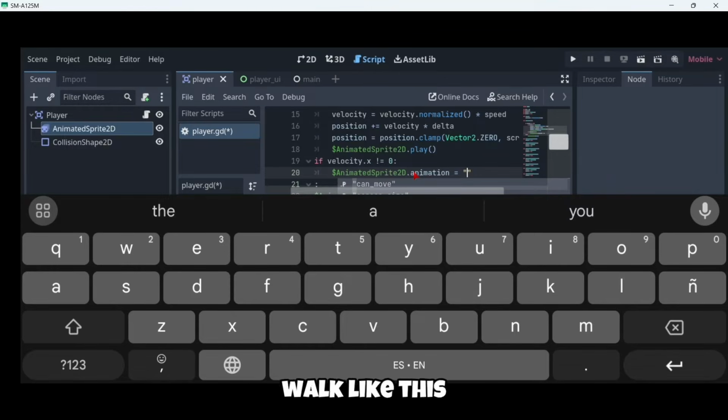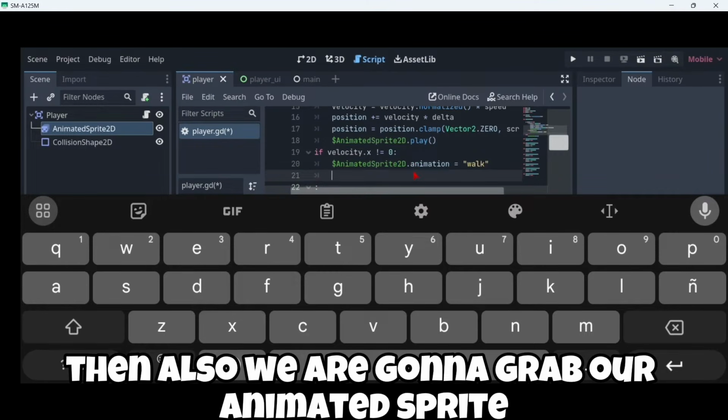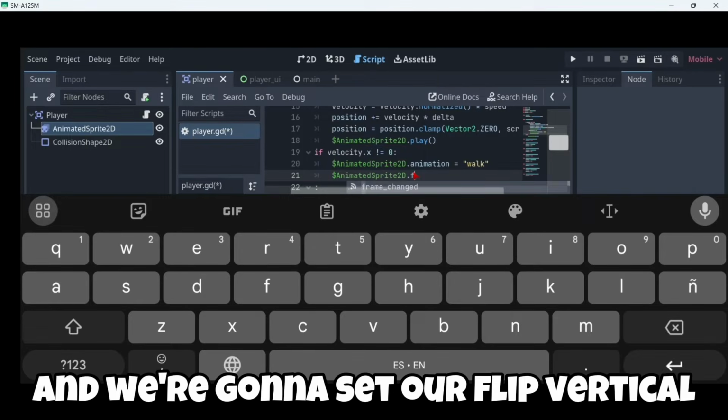Then also we are gonna grab our animated sprite and set our flip vertical